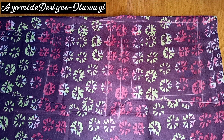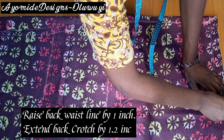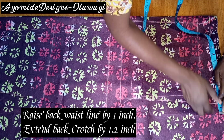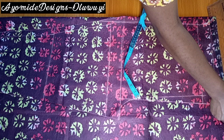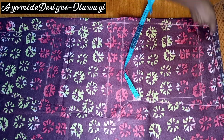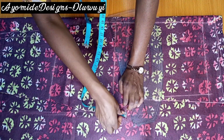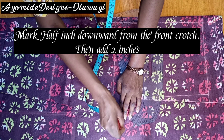The very first modification I will do is to raise my back waistline by 1 inch and then extend the crotch area for the back by an additional 1.2 inch. Once that is done, I will draw my waistline, which is going to be slanted for the back. The next thing is to move over to the crotch area. I will come down by half an inch from the crotch of the front, and then I'm going to be